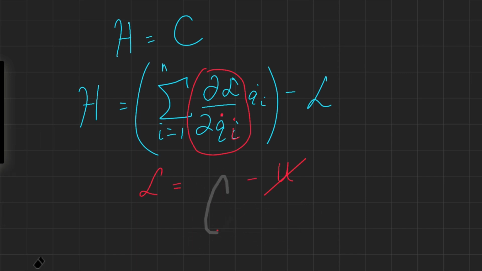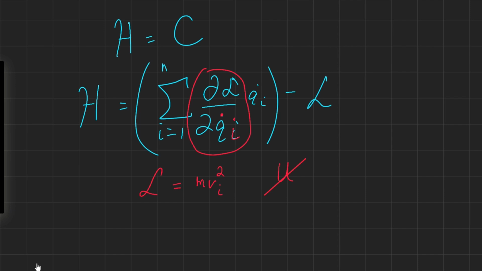So this is m q̇_i, where q̇_i is the velocity in the ith direction, but you also get q̇_i multiplied again, so that would be m times the velocity in the ith direction,